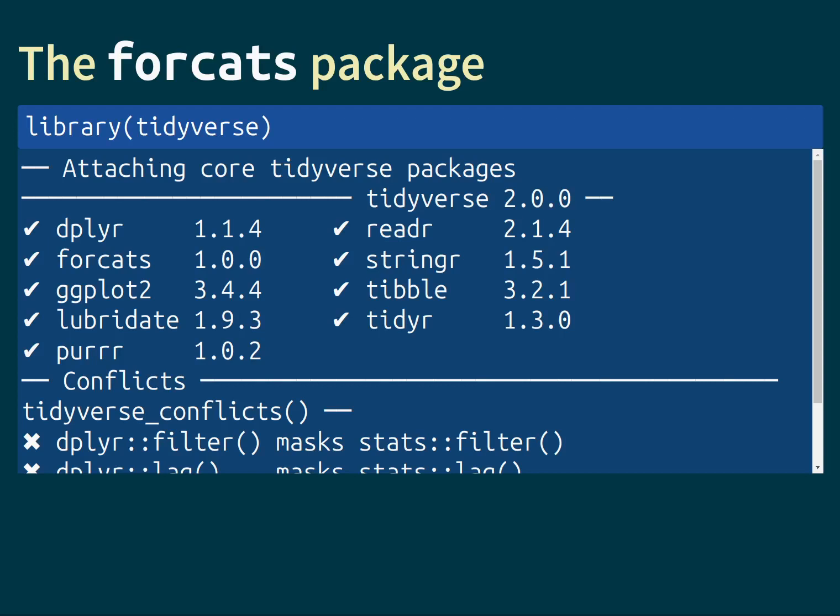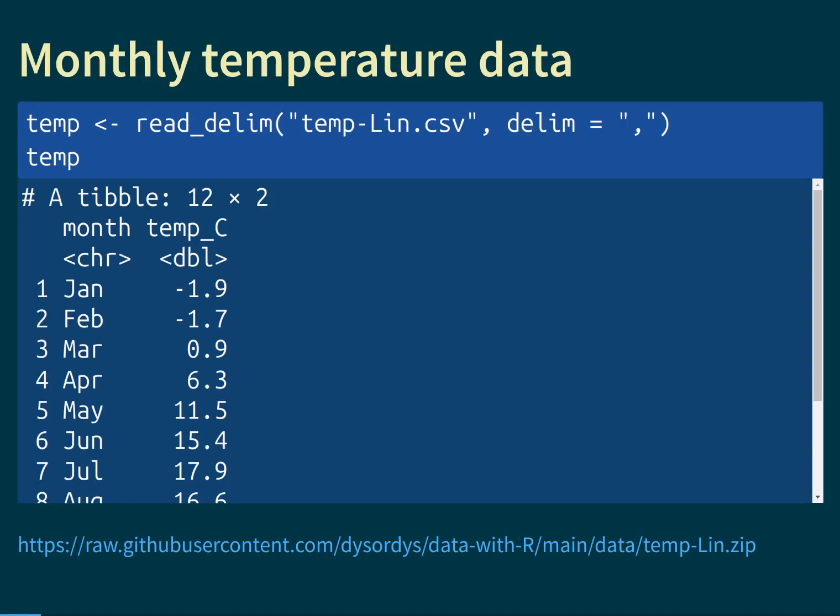But alright, with that, let us turn back to our original topic for this lesson, which is factor variables. To illustrate the problem that we're going to be solving with factors, let us load a data set of temperature data, and you can see the link to the file at the bottom of the slide. Then we load the file. It is a comma-separated value file, so we specify read_delim with the delimiter of a comma, read in the file, assign it to the variable temp, and then see that it is actually a simple table with 12 rows and 2 columns. The 12 rows each correspond to 1 month, and I can scroll all the way down so that